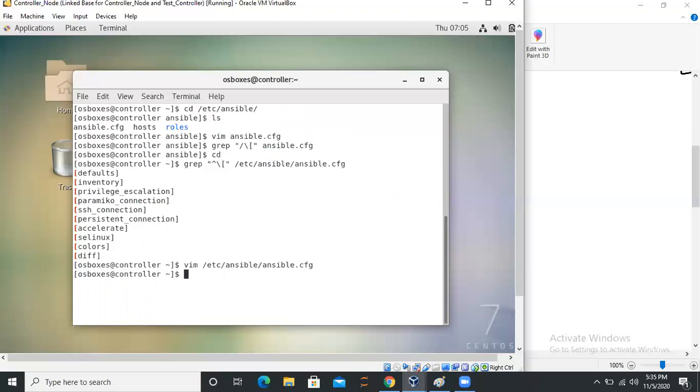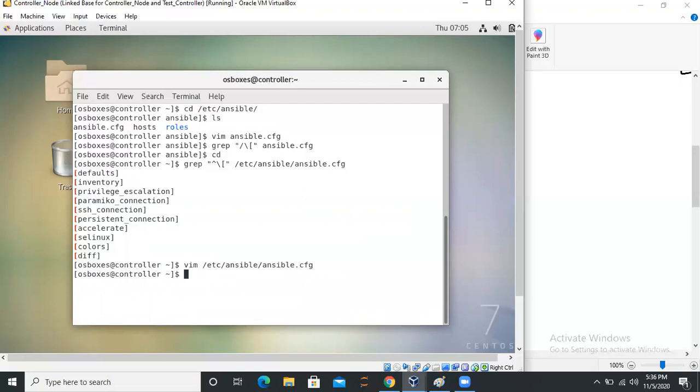The next configuration sections are Paramiko connections, SSH connection, and escalate. These are just used for optimizing the connections to the managed host. I'm giving you just a high level idea. Don't worry, we'll see everything in the upcoming videos. This is just a high level idea of the configurations. Don't think that I'm just wasting time. We'll see everything in great detail in upcoming videos when we get to the hands-on parts.